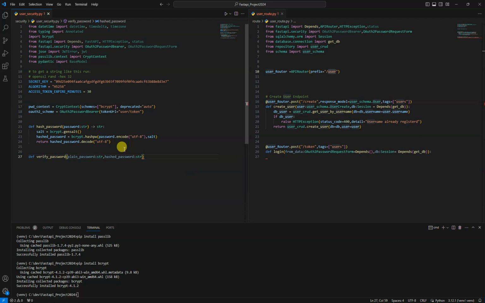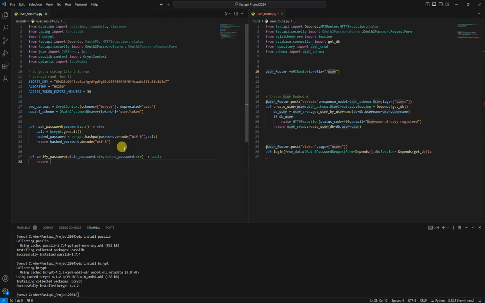Okay, great. Now what we need to return, of course, we need to return it as bool, and that should be verify password, and after that we can say here return